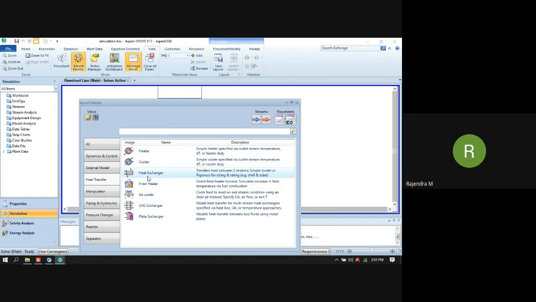In the shell and tube heat exchanger, this icon, they simply wrote heat exchanger, and in the description they have mentioned shell and tube heat exchanger. So it is used for the heat exchanger design. This model will be used in the case of a detailed design of the shell and tube heat exchanger.